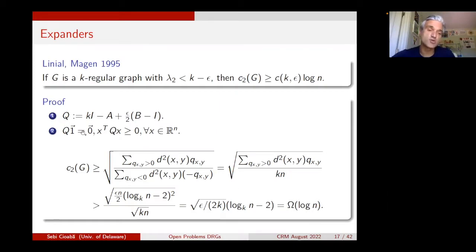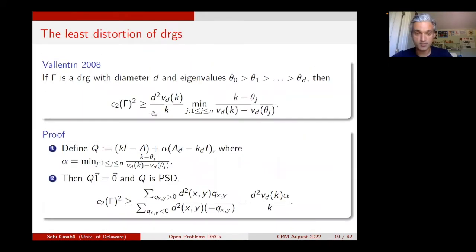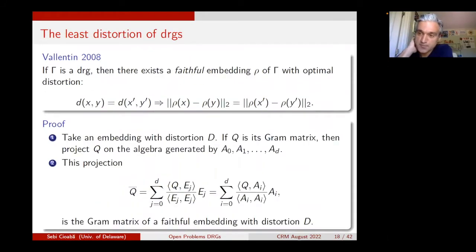So here the Q was again a combination of A, which comes from a k-regular graph, so it's kI minus A, plus something else which involves these vertices which are far apart. So that is a lower bound which matches the Bourgain log n upper bound. Oh, sorry. So in terms of least distortion of distance regular graphs, the motivation of our work was that we